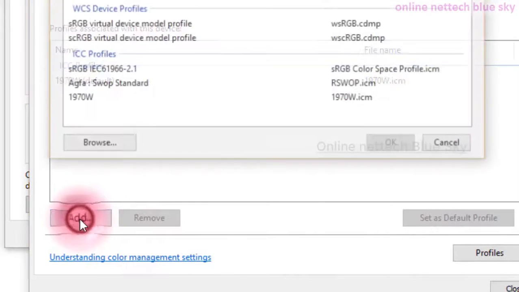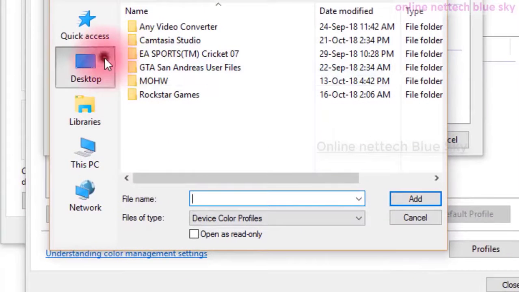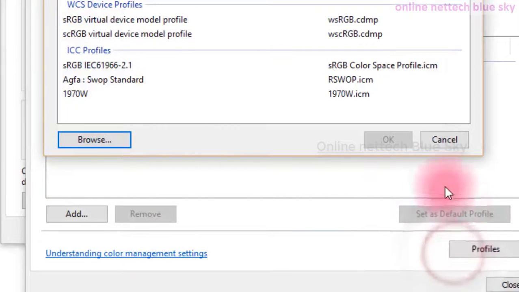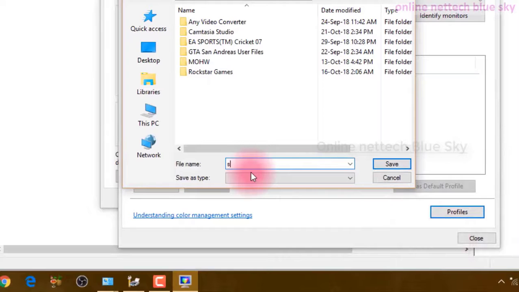so I click on here and you can see I'm already on my default system, and you may already have a device color profile downloaded from the internet, and maybe your system working profile here, so you can save here and click on here to first save my settings of this computer.